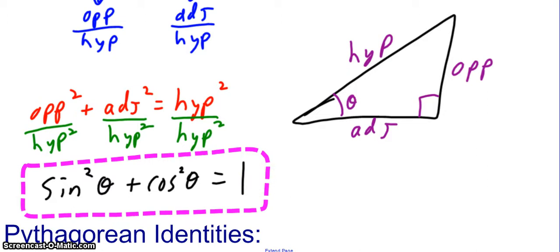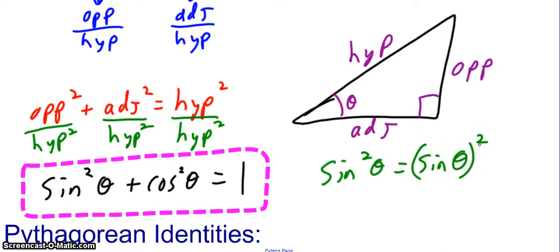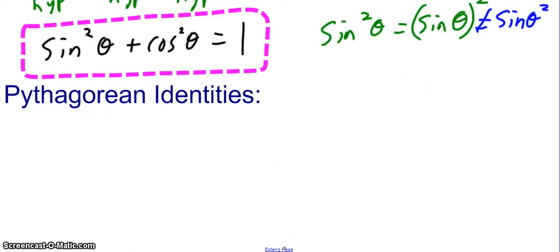Now, another thing I want to point out, this is just a notation thing. Sine squared theta is the same thing as sine of theta squared. We just write it like this, usually, so that we understand that it's the whole quantity squared, like what we see here. It is not the same thing as sine of theta squared. That's why we don't write it like this, because this is actually squaring theta. This is squaring the quantity sine of theta. Important details. Alright, so this is our first Pythagorean identity, which is what I would refer to as our main